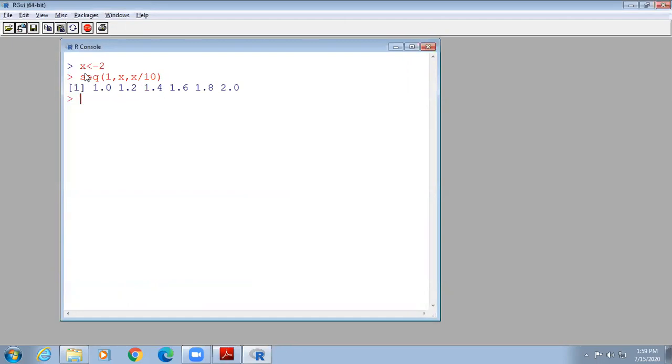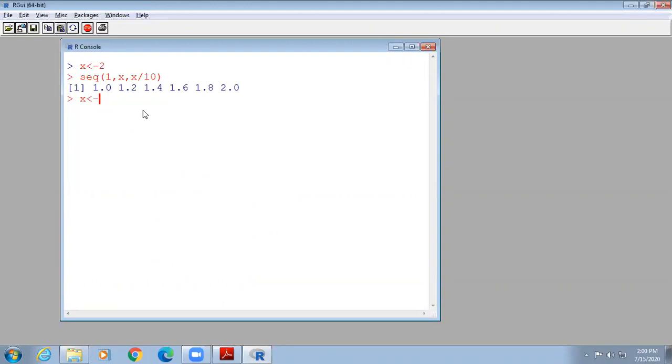Now you can say this is nothing but sequence of 1 comma 2 comma 2 by 10. The first argument by default is the starting value. The second argument is the end value. The third argument is the increment value. So if you want to specify length particularly, you can mention length equal to. That means sequence length.